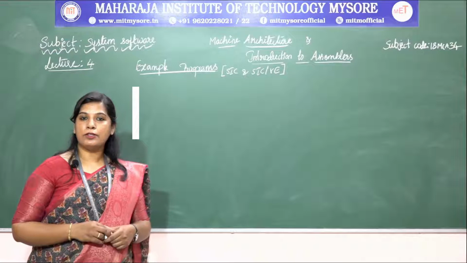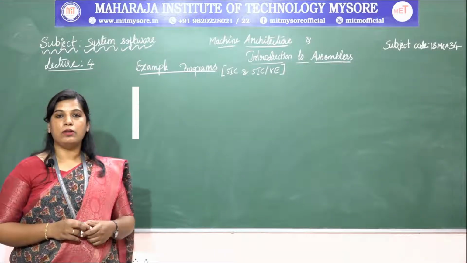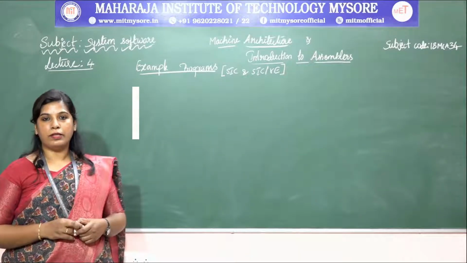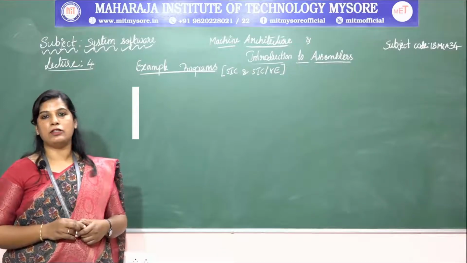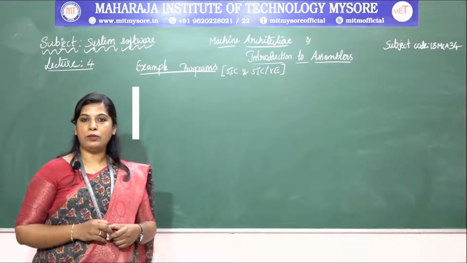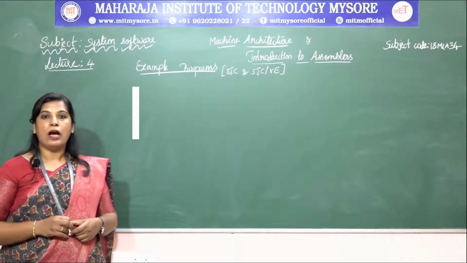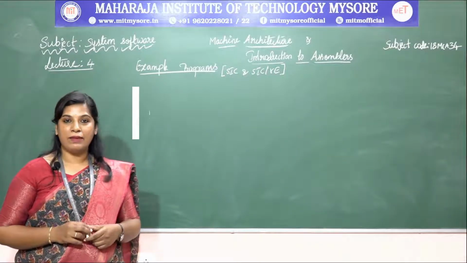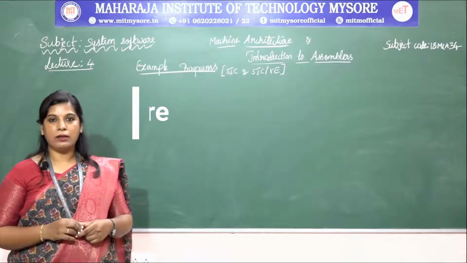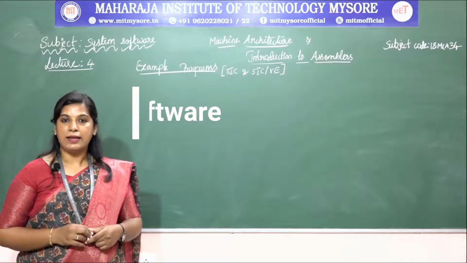In the last session, we had a discussion on SIC machine architecture. In the same session we also discussed how we can use different kinds of addressing modes in SIC machine architecture. So in this session I would like to take some examples on SIC and SIC/XE programs, how we can write assembly level language programs for simple programs. We'll take the programs and write the same program in both SIC and SIC/XE